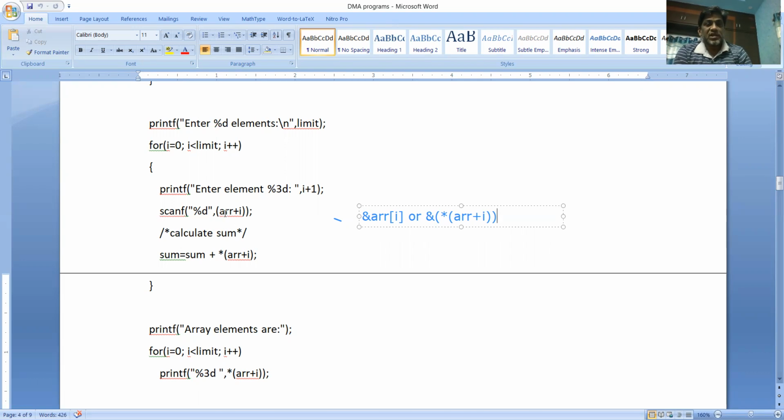And then immediately calculating the sum also, sum is equals to sum plus star of ARR plus i refers to the element. This refers to the address. This refers to the element at that address. Okay, so star of ARR plus i. Or you can write this as ARR of i also, sum plus ARR of i.